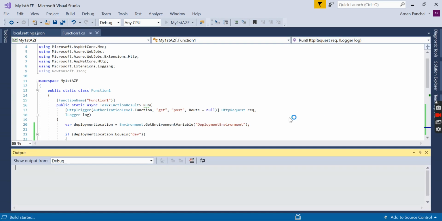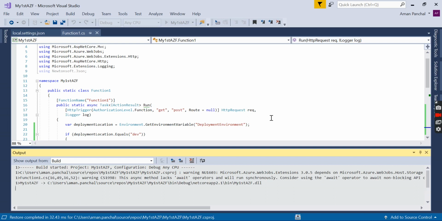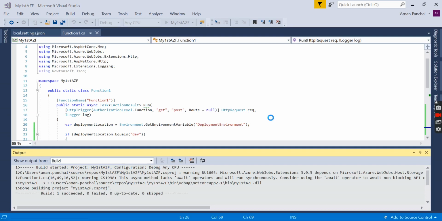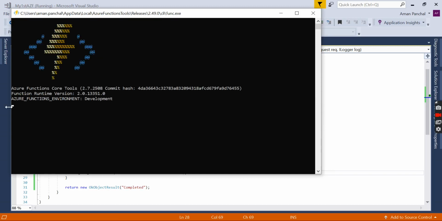Let me run this. Okay, so it has started the Azure console application.